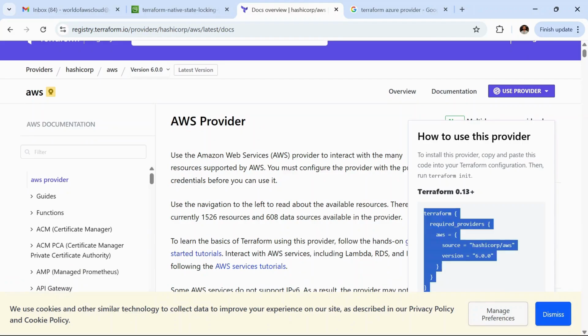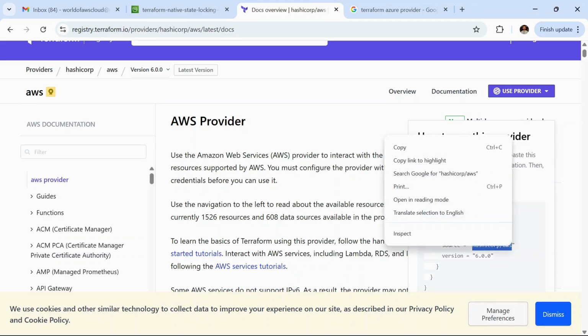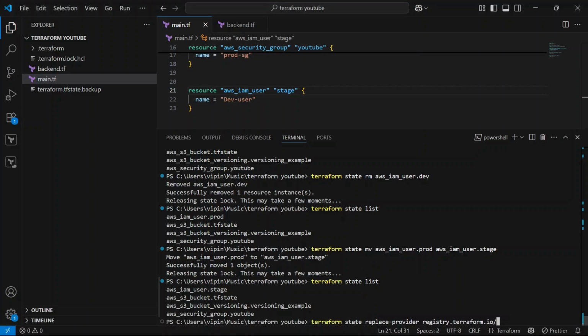Let's copy this one, and paste it here. Okay, so then after that we just have to copy this and paste it here,